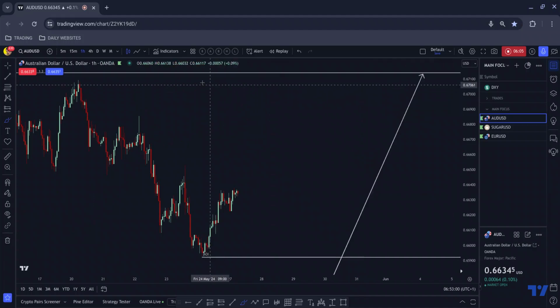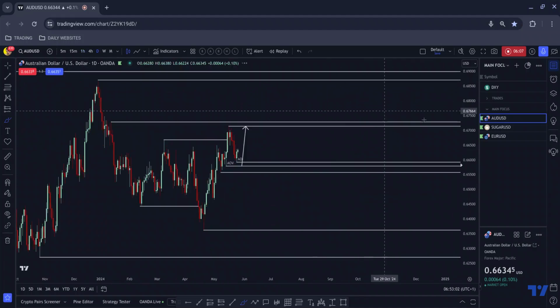So Aussie dollar, I don't think that any of these will necessarily be ready. Euro dollar maybe, but I don't think these will be ready, because it's actually a bank holiday here in the United Kingdom, and the London session starts in about 7 minutes time. It's actually a bank holiday in the United States as well, and the New York session typically starts, I believe, at 12 p.m. UK time. So we will not necessarily have the liquidity from those sessions. So I wouldn't be surprised.